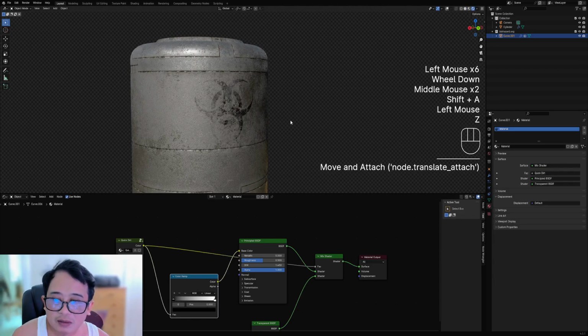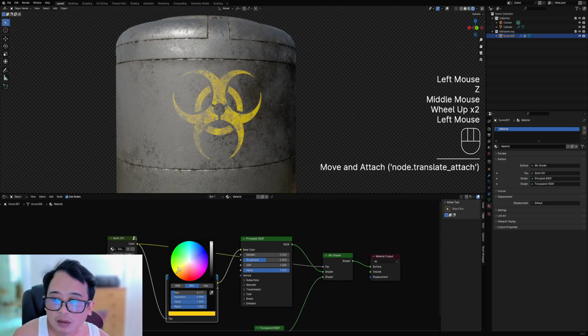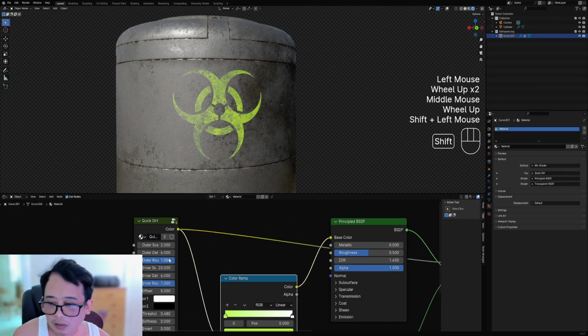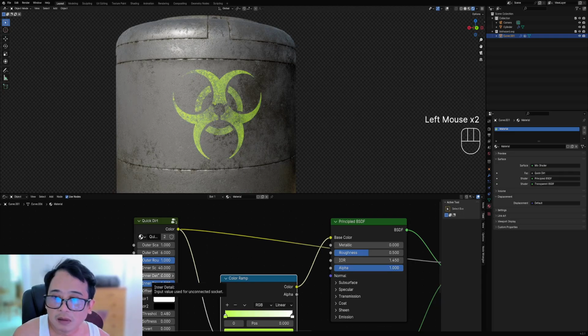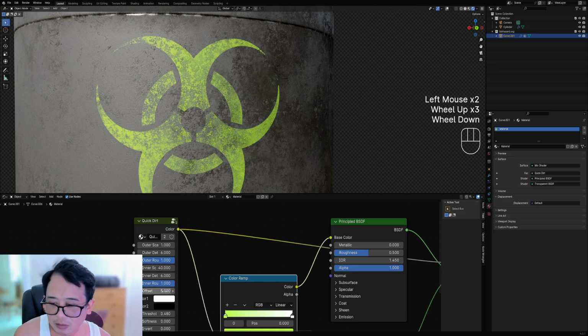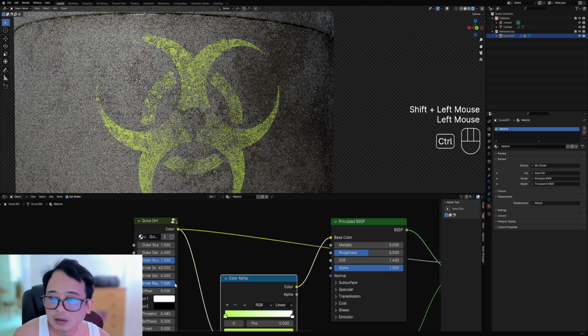So let's see what we get. Inner roughness is 0.8. No, it's